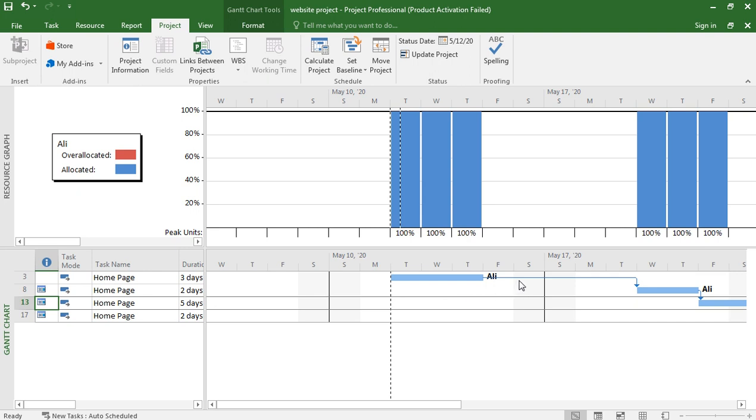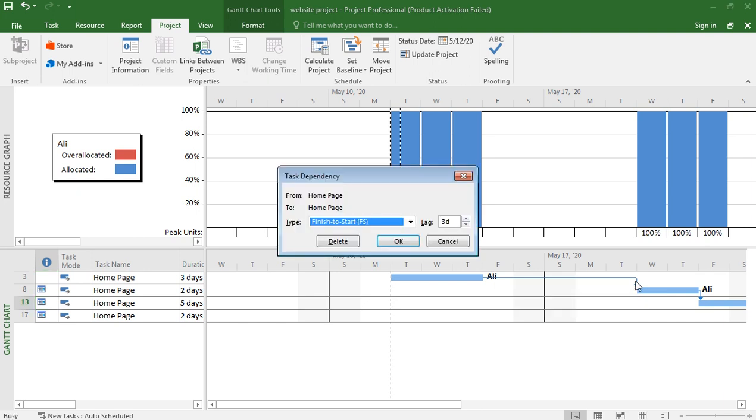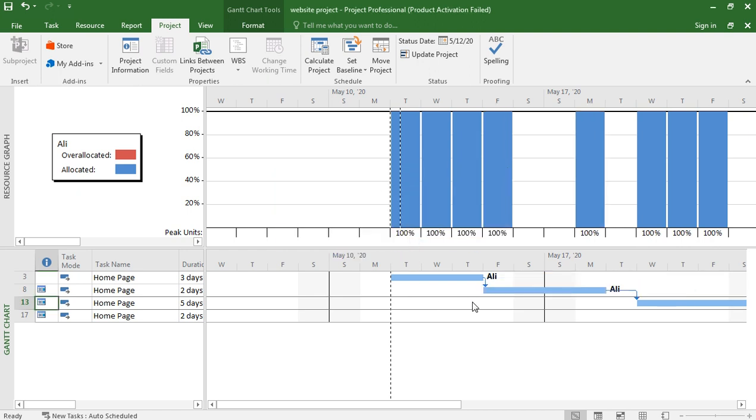For example, if I put minus 3D here, you see this is 3 days, so it will start 3 days earlier. So this is lead and lag. Lead means how early this process starts, lag means how far the next process is.